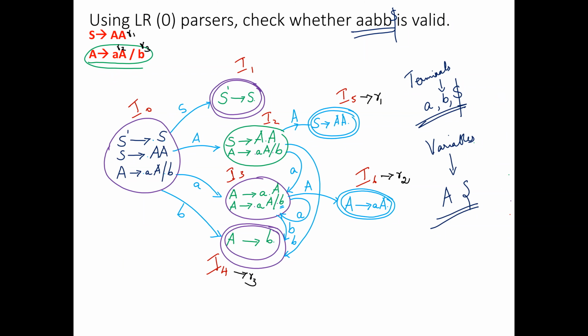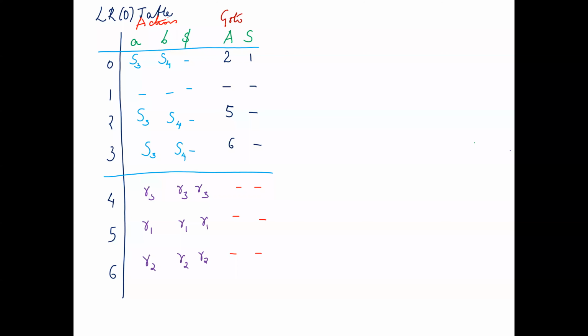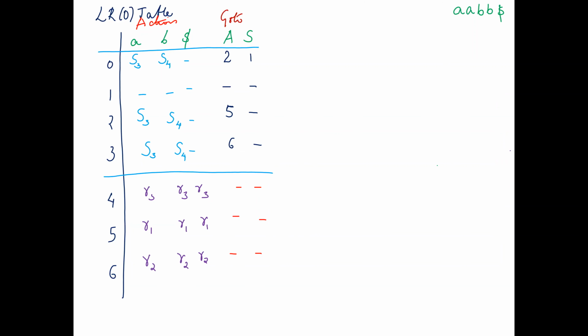Now we have to check whether AABB dollar is valid or not. You have to do 2 things. One is to check the validity, and together with that, you have to construct the tree further. So here below, I will start constructing the tree also, because at the end of the day, you even need a bottom-up parsing tree. I'll write AABB here so that I can start building my tree from below.